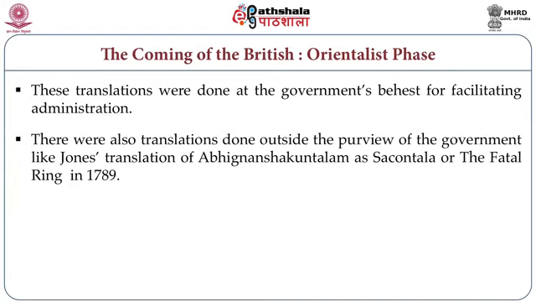There were also translations done outside the purview of the government, like Jones' translation of Abhigyan Shakuntalam as Sakuntala or the Fatal Ring in 1789. The beginning of the 19th century saw Indian intervention in the sphere of translation of Indian knowledge and literary